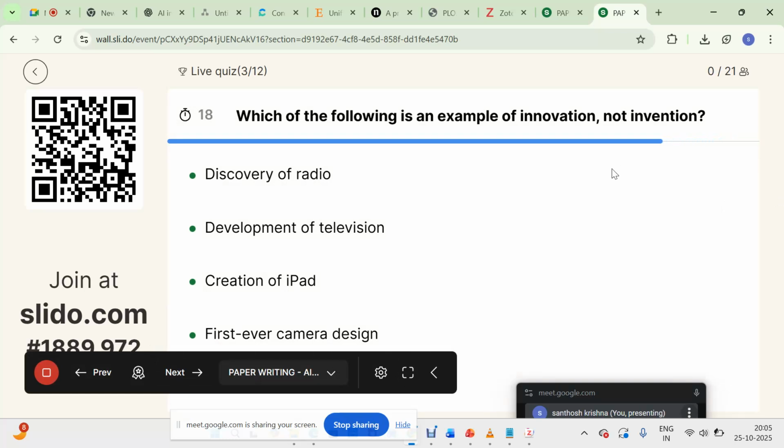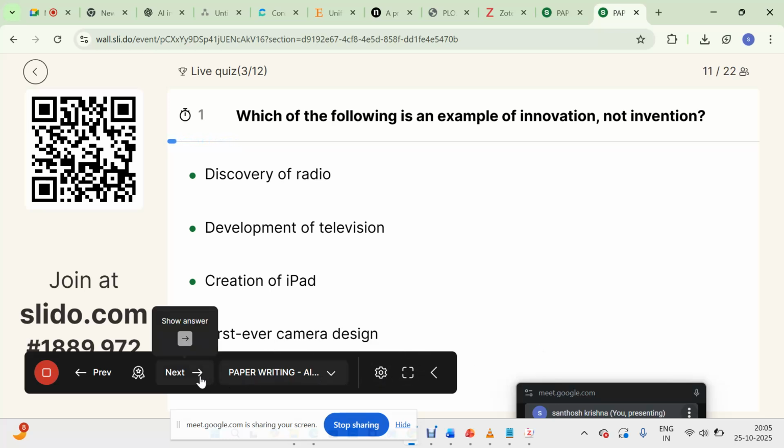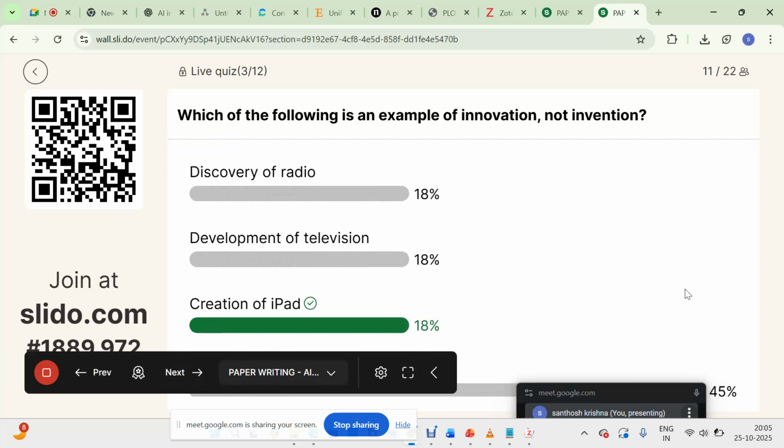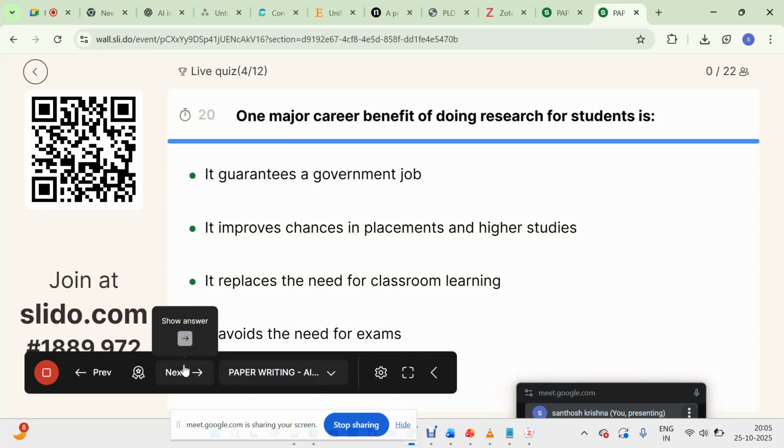Which of the following is an example of innovation, not invention? I'm revealing the answer: it is the creation of the iPad.